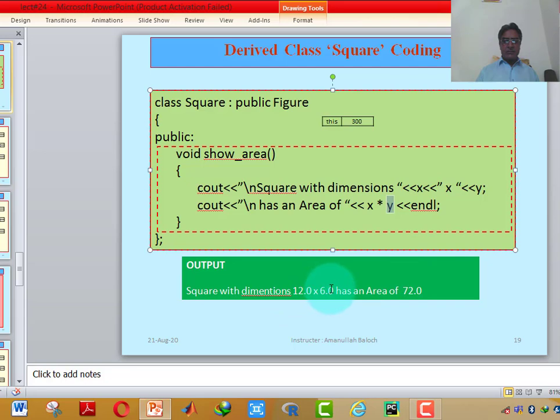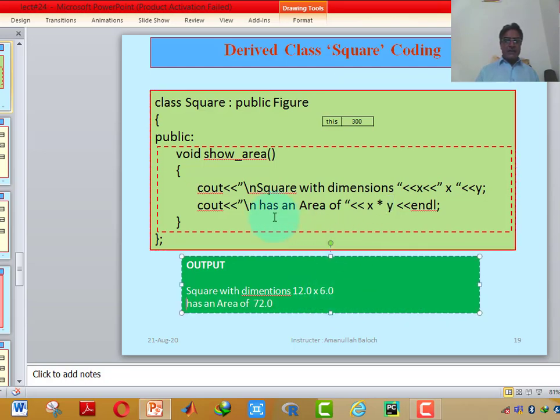So it has displayed 12 cross 6 here, and the next line \n will transfer the control to the next line, and it will display "has an area of x cross y", that is 12 into 6, 12 6 is 72. It will display first the message "has an area of", and then the value 72 by calculating this formula. After displaying this output, the control will jump back to the main program, and